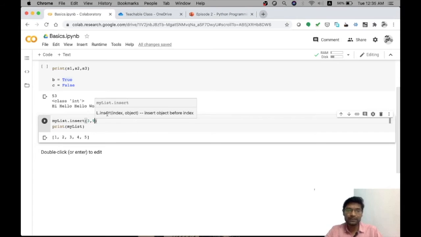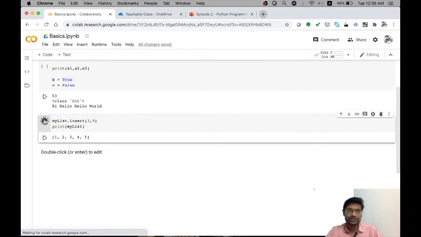It gives some help here. It says l.insert index comma object. The index position is 3, so it is 0, 1, 2, 3. In place of 4, I want to insert 9, and the 4 will be pushed further. It will not be replaced. In the place of 4, 9 will be inserted and 4 will be pushed farther ahead.